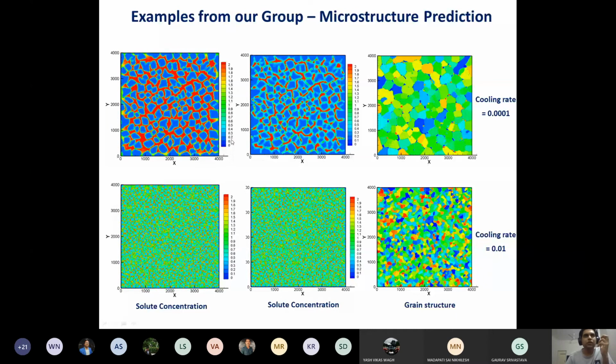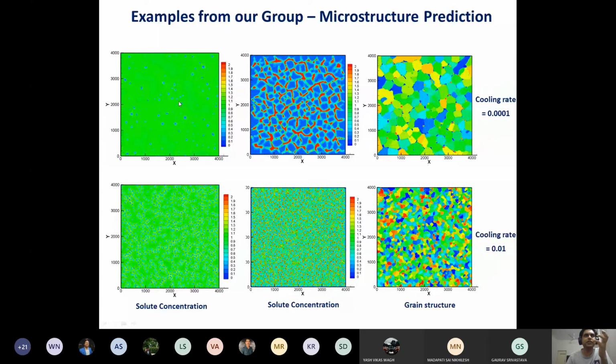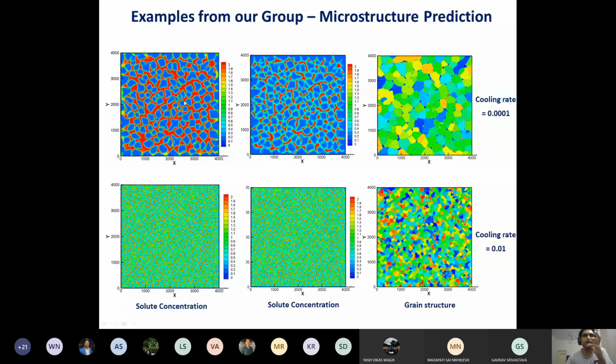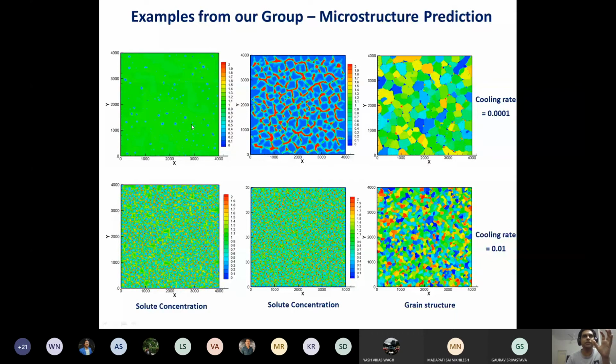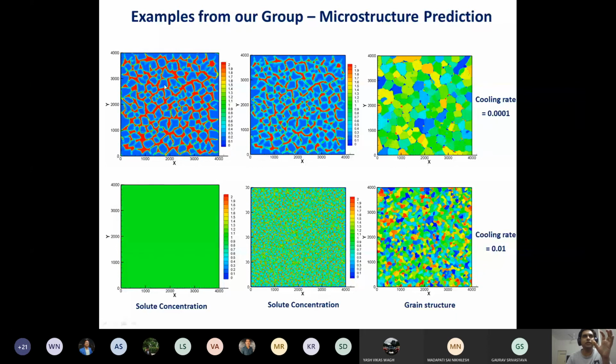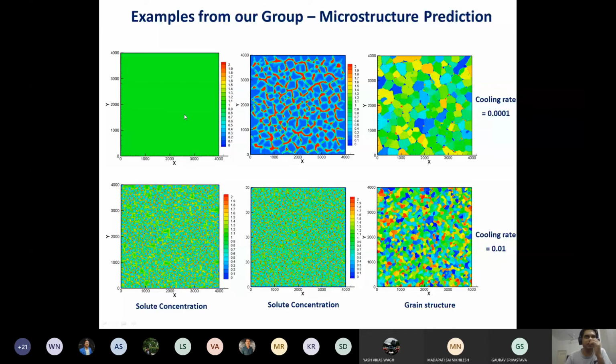What happens is that small nuclei of solid form, and then the solid grows, and there is temperature change along with removal of latent heat, then flow that is generated around these solid particles, which are known as dendrites. So flow around the solid particles, everything is important. It's a multiphysics problem where flow is very important. Flow determines the shape of these particles, and temperature boundary conditions also determine the shape of the particles and the phase change.